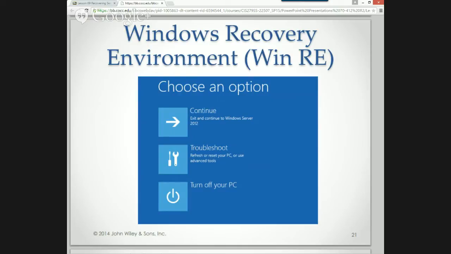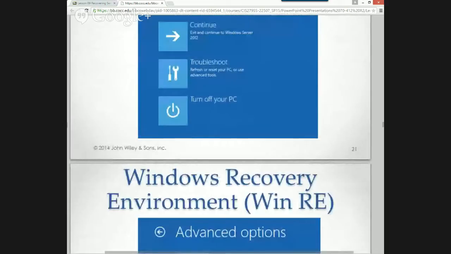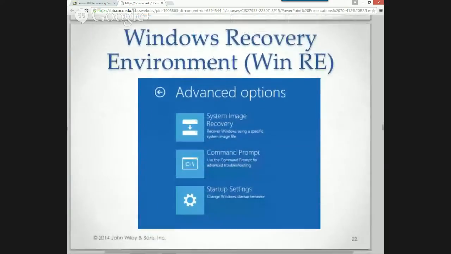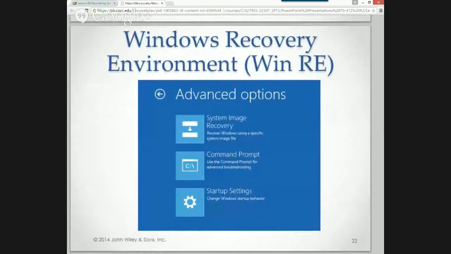So the Windows recovery environment, we can continue, we can troubleshoot, turn off our PC. Now, they have built this to where one of the things that will keep this from working is they needed to do some improvements on securing Windows.